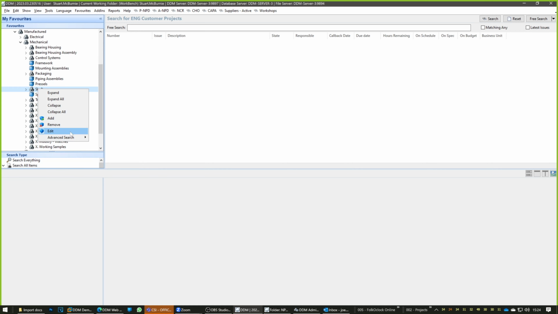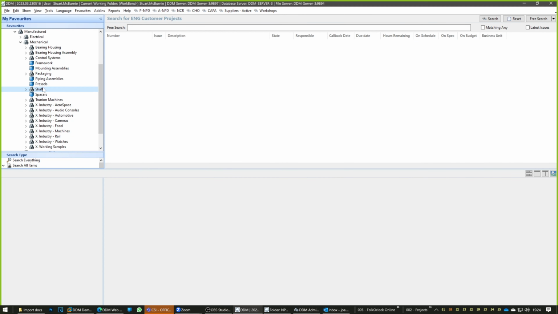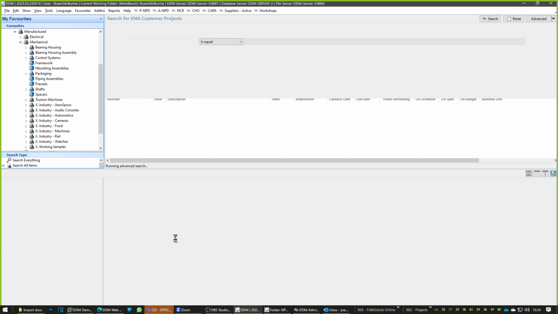Okay. If I edit this category, we have the ability to say, is this advanced category searchable, yes or no? And should we include child categories in the search? Well, in the case of a shaft, there are subcategories that contain 217 items. So I'm assuming that yes, we would want to do that, which is why I've got them switched on here. So you can't assign things to these categories, you can't search on them, but they are available as an advanced category search. So if I was looking for a shaft and I say advanced category search,